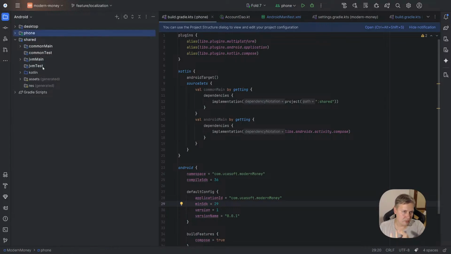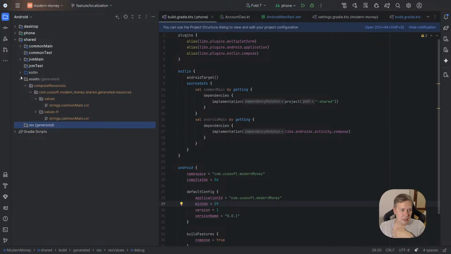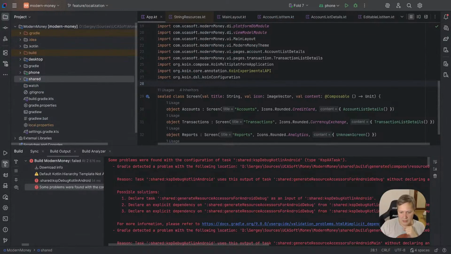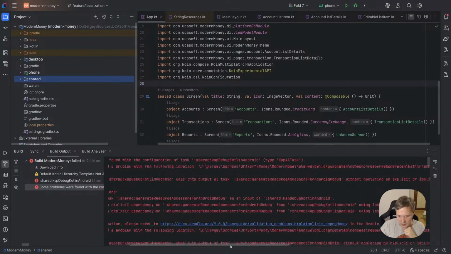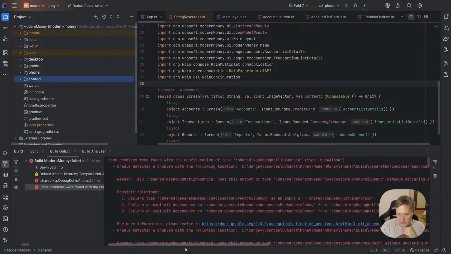But because it's a multi-platform project, we have only these generated assets and nothing else, but at least we can see them. But it's not like resources, it's like assets. So I'm not sure that I will be able to continue the stream with this problem. I faced it for the first time, and I need to investigate what is going on, why we have this problem between room and